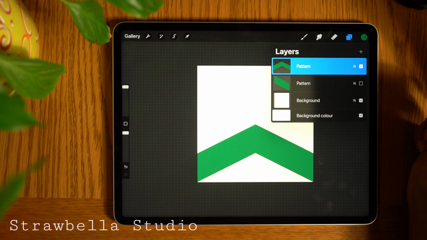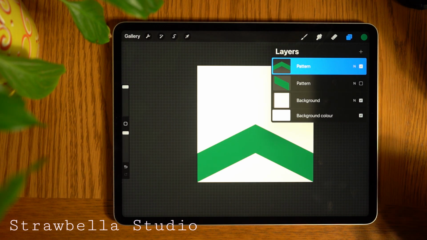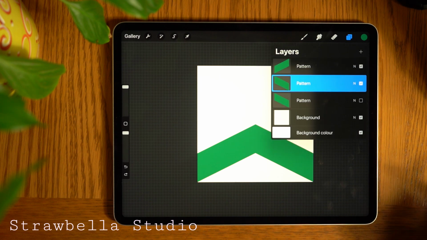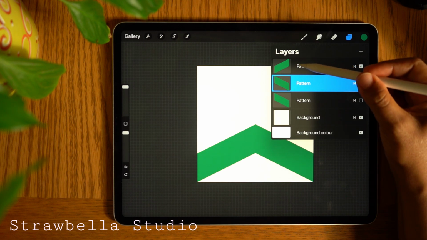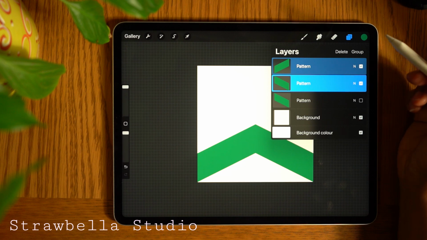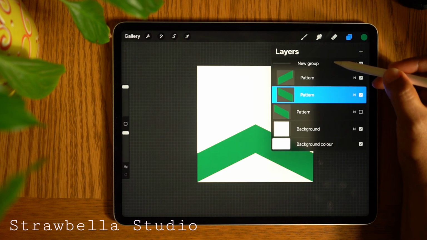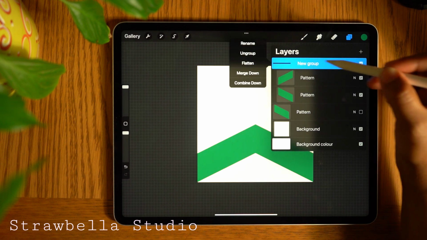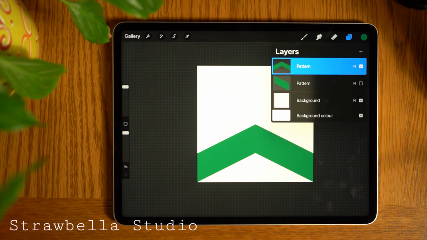If that's a bit tricky, a guaranteed way to merge or flatten the layers is to group them. You can group them by having one selected and swiping right on the layer you want to add to the selection. Tap Group, double tap New Group and select Flatten. We now have our first chevron shape. Duplicate this layer,